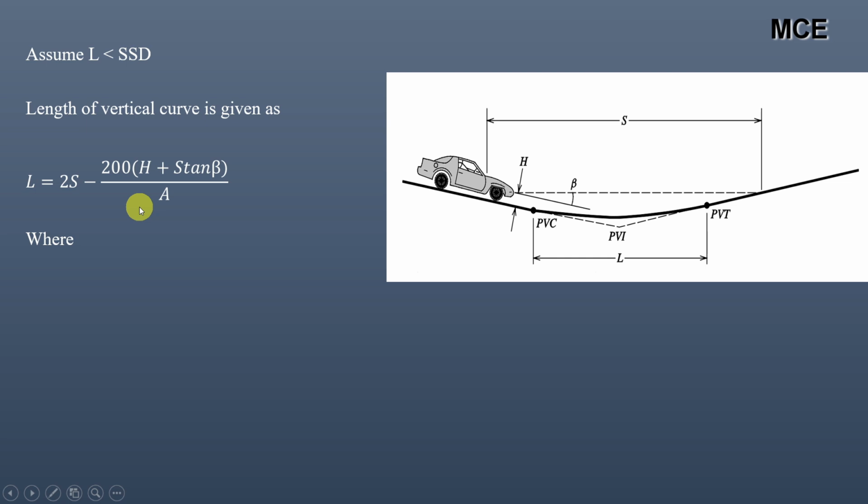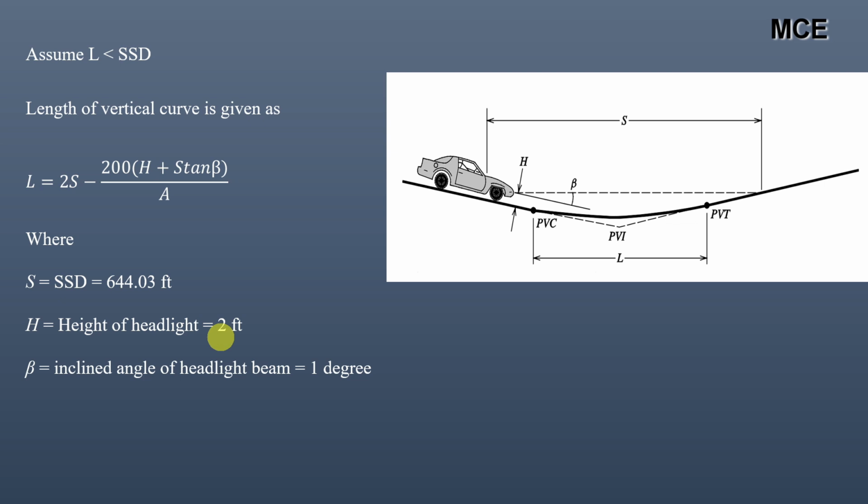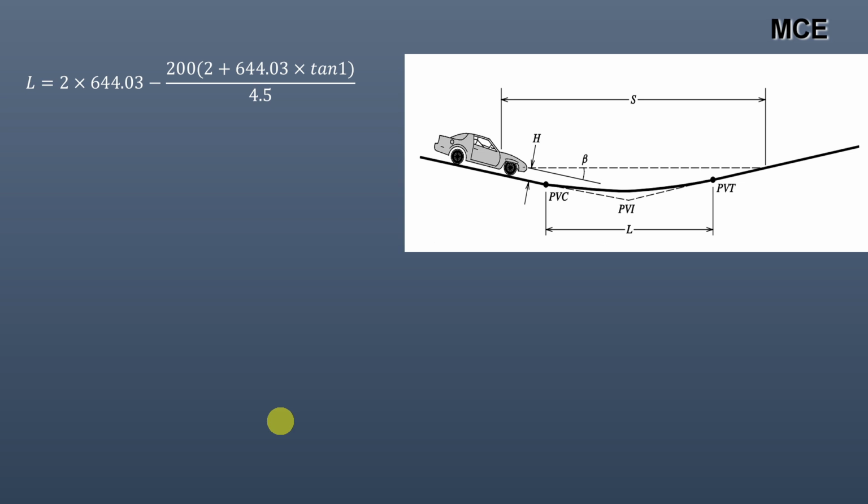Okay, so where this S is the SSD, it is equal to 644.03 feet. H is the height of the headlight, which is 2 feet according to the AASHTO. Beta is the inclined angle of the headlight beam, which is 1 degree. Okay, and A is the absolute difference of grade, which is 4.5%. Okay, putting values in the equation, we get the minimum length of the vertical curve equal to 2 into 644.03 minus 200 into (2 plus 644.03 into tan of 1) divided by 4.5,